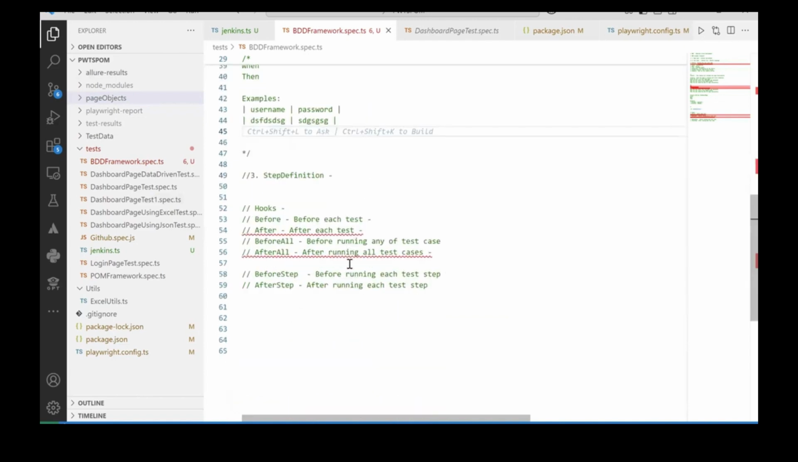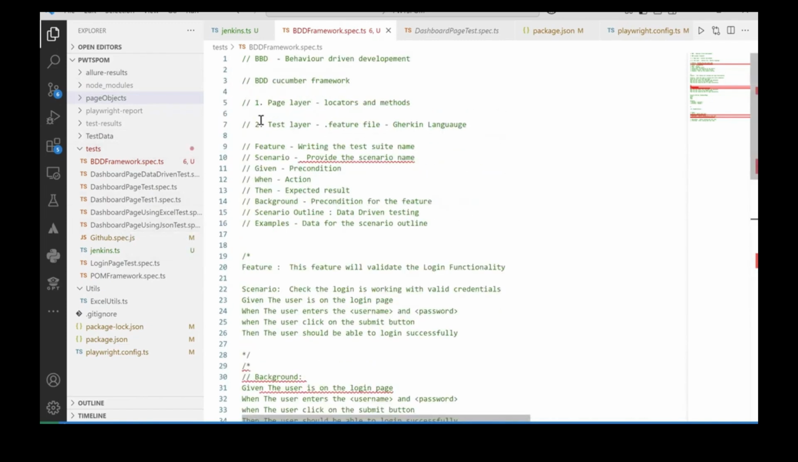So over a period of time, when the number of test cases inside the organization and the application increases, you will have to write a number of